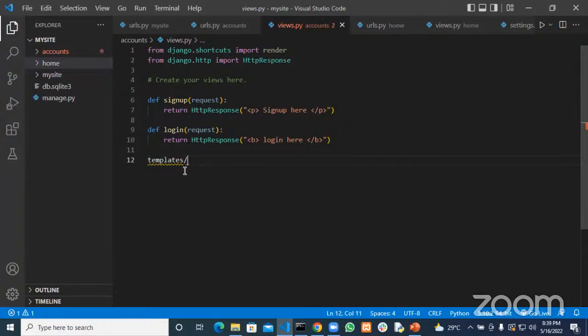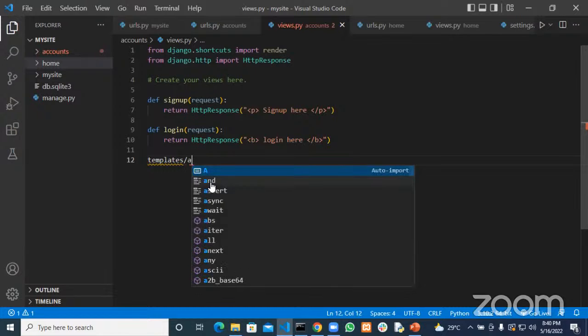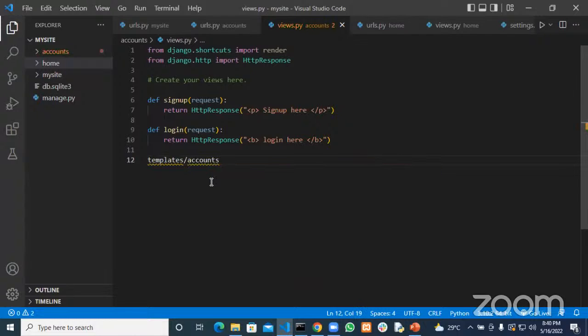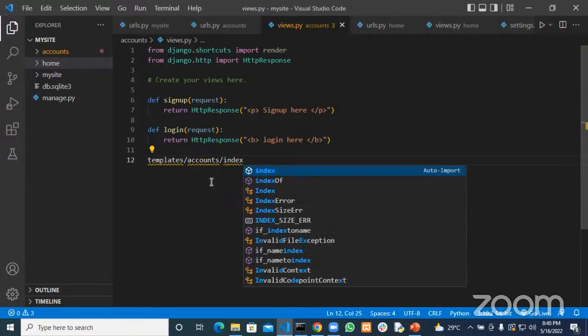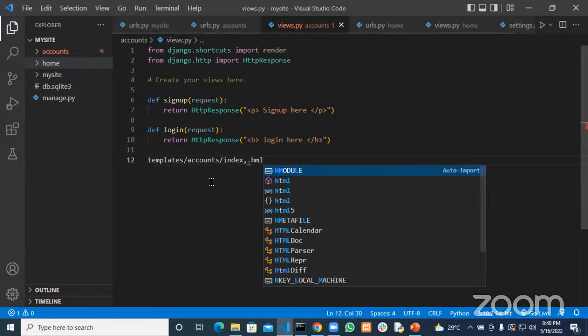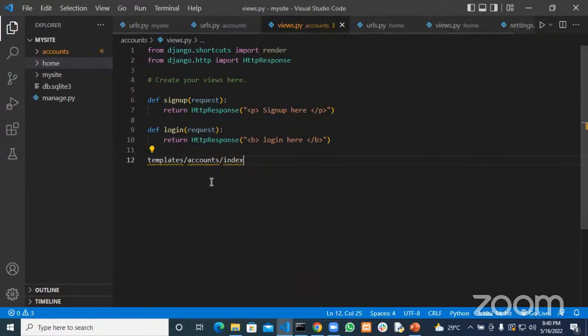So now we are in the account app, so we create a folder within that account app and call it templates. And then inside that folder, we create another folder, and that folder will be account. Okay. Now inside this folder is where we put all our HTML. So we can put our index.html there. Okay. So now when Django sees templates,